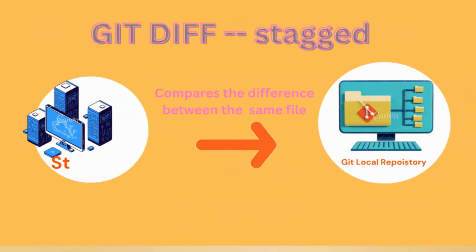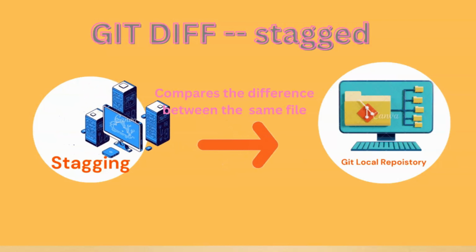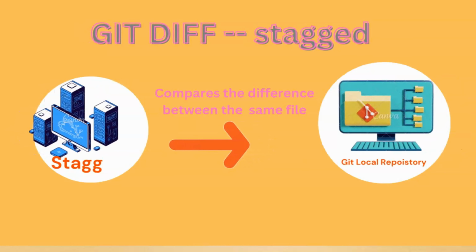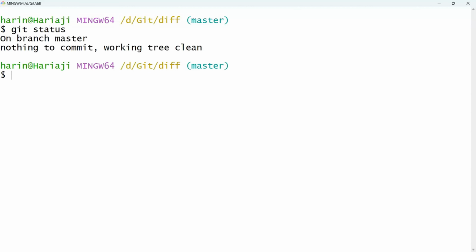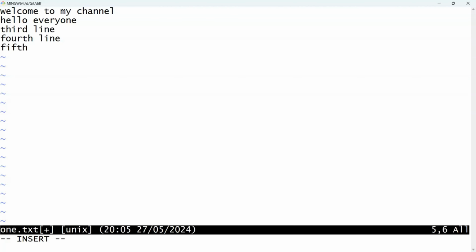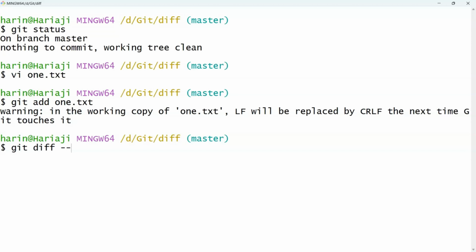The next version of git diff is using staged. This compares the file between the staging area and the last committed file. Now we will make use of git status. As we can see, there is nothing committed, so we will add some content to the 1.txt file using the vi command. You can add a 5th line. Now if we move to the staging area using the git add command, and then execute git diff --staged,